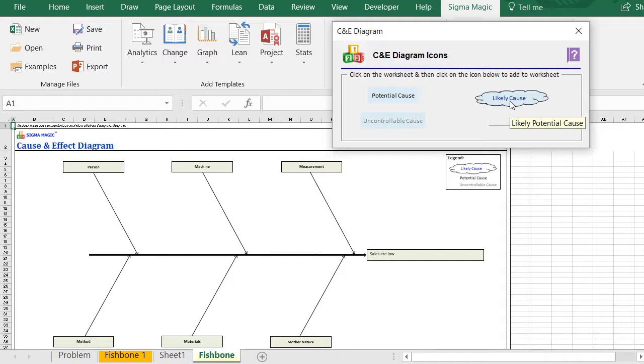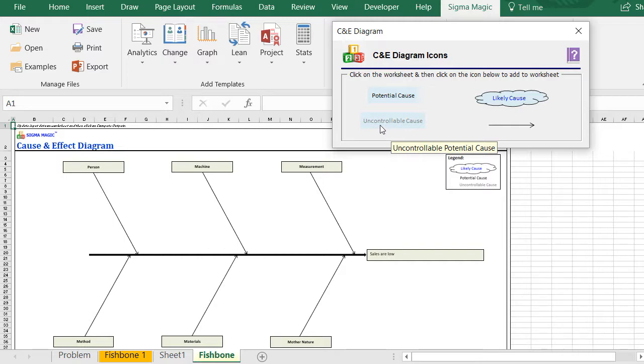The most likely causes are the most important causes your team wants to focus on at the end of this analysis. Make sure to discuss with your team and select not more than 3 to 5 most important causes. The causes that are not within your team's control either, because they are too expensive, or too difficult to control, are shown in the gray color text, and the remaining factors are shown in the black color text.